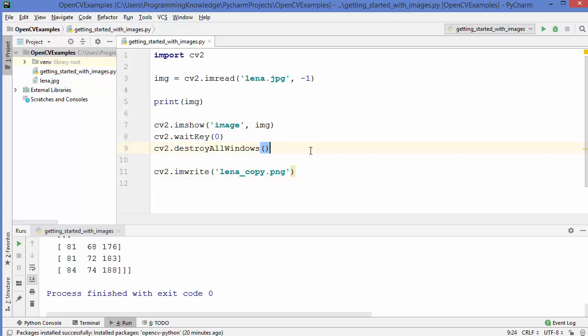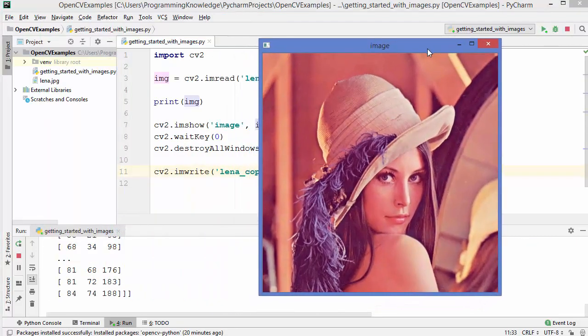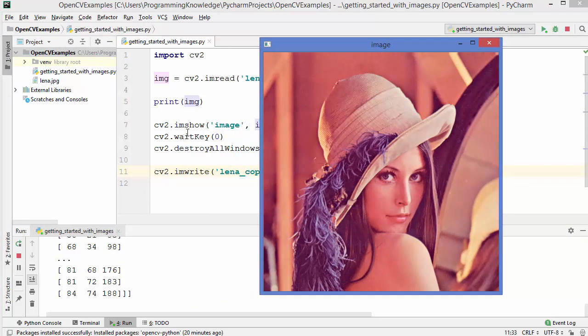And the second argument which it takes is the image you want to save. So let's save the same image which we have read using the imread function inside this img variable and pass it as the second variable here. And let's run the code and let's see what happens. So our image is loaded using this imshow function. And now when I close this window here, you will observe one more file will be created here.